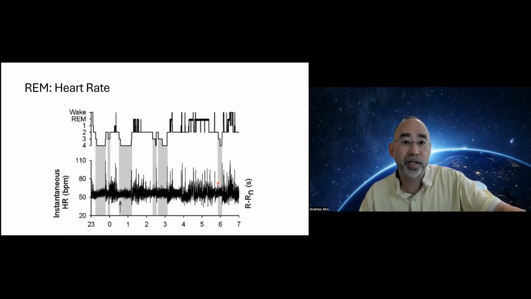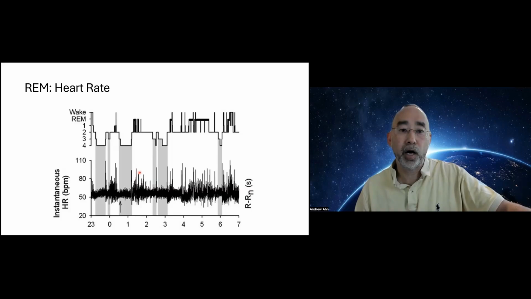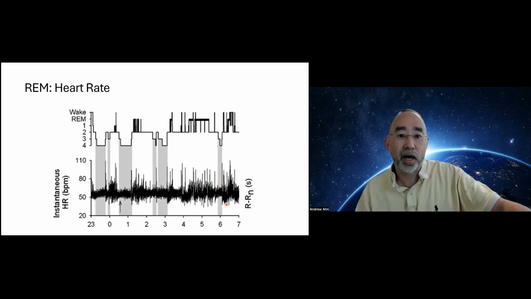And so let's revisit this with heart rate, focusing now on REM sleep. Again, we have the hypnogram above and the instantaneous heart rate below. In stark contrast to the stability of non-REM, you notice the highly variable nature of heart rate during REM sleep. The periods in between the gray bars are the contrast, which is the non-REM sleep. These rapid fluctuations reflect the dynamic interplay of the sympathetic and the parasympathetic nerves. And this chaotic, unpredictable pattern is a hallmark of REM sleep.